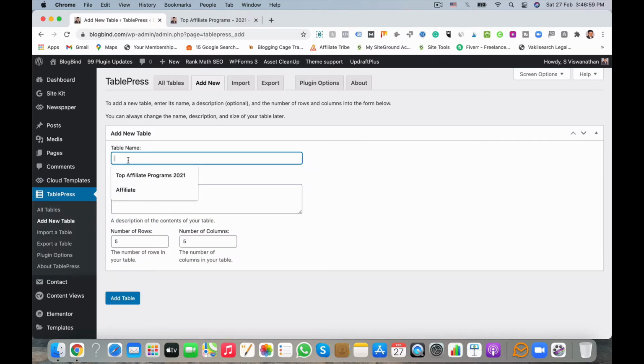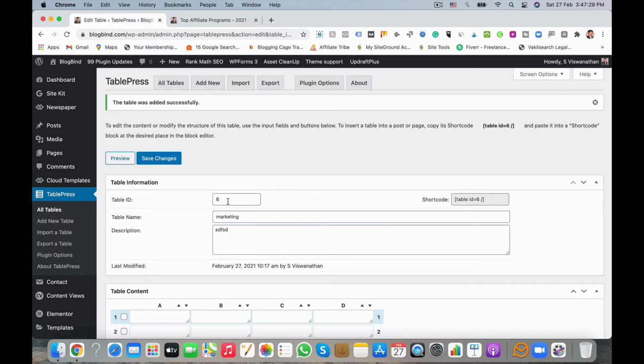Here we have to give the table name, and you have to give the number of rows and columns. Number of rows 2, number of columns 4. Okay, add table, click add table.